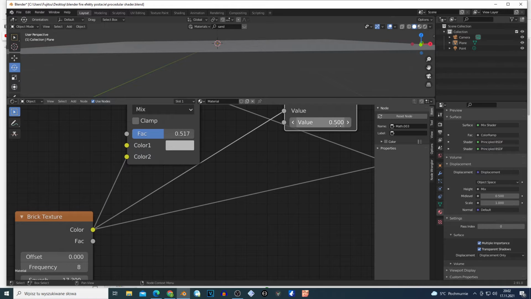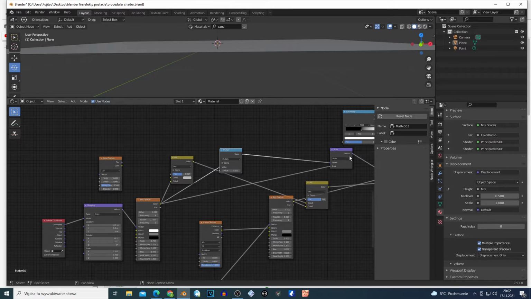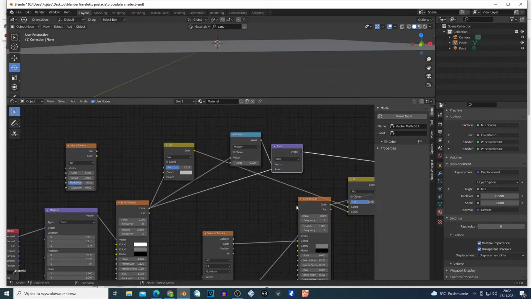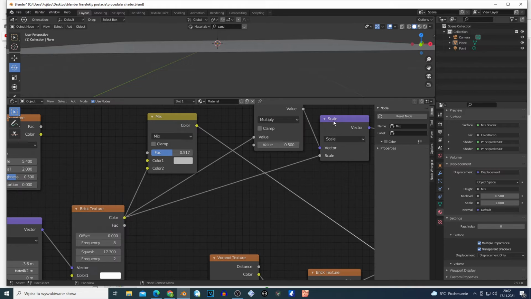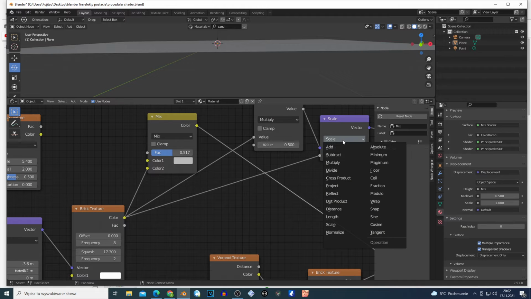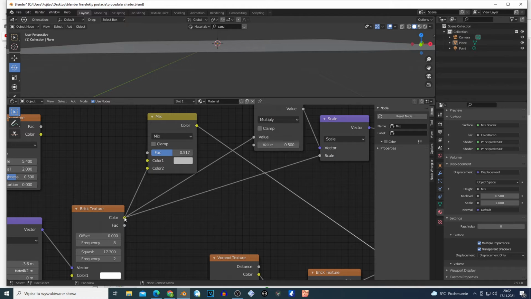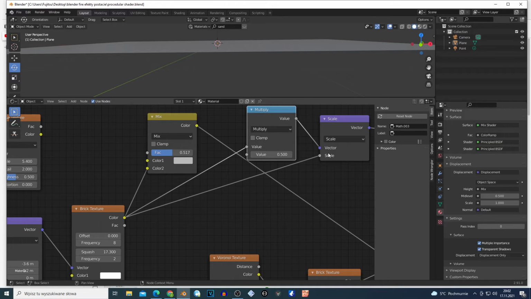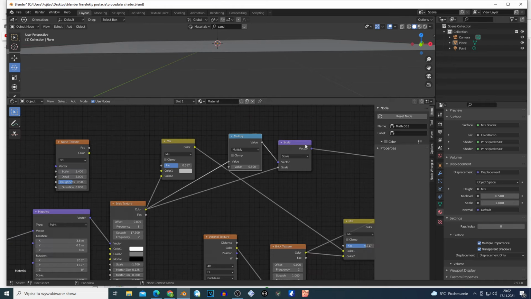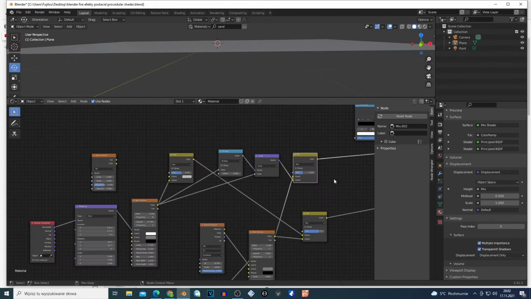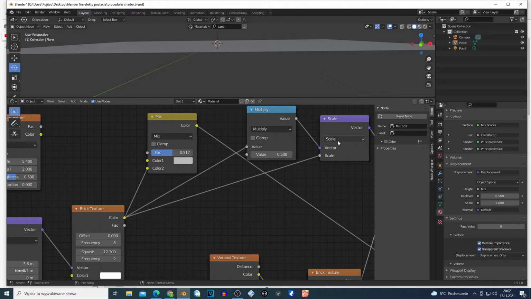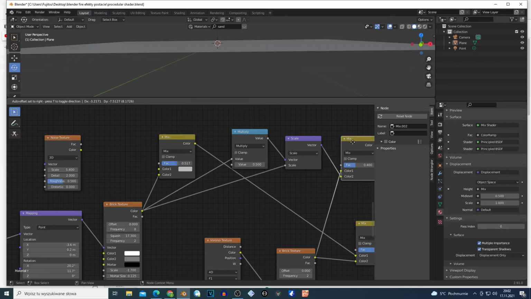I have a value like 0.5, and this brick texture goes to vector math, change this to scale, and basically the brick texture from color goes to the scale, and this multiply goes to the factor. Yes, the vector right here, and the scale vector math right here. This goes to the mix RGB, to the second color,